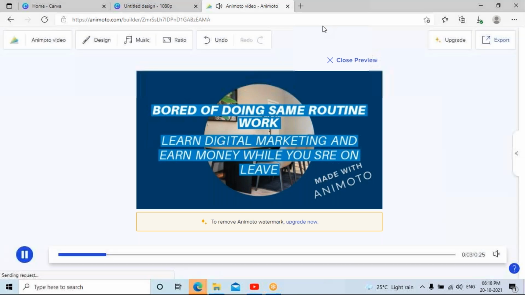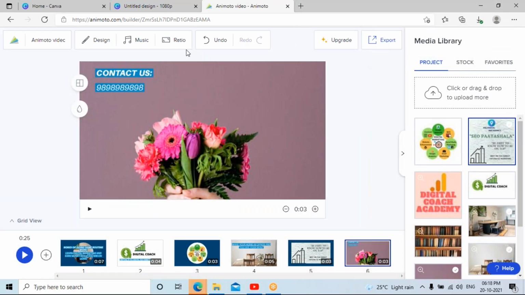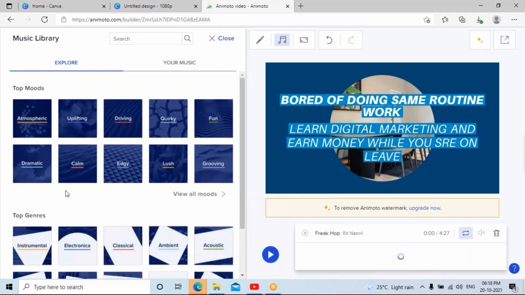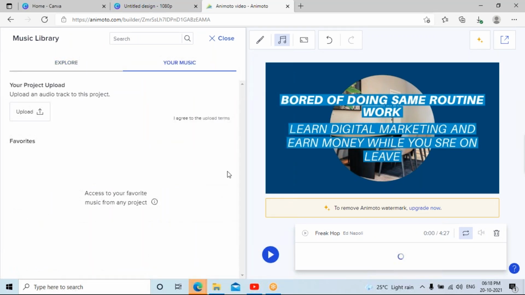Okay, so let me now download this. I'll close this and I'll export this. If you want to change the music of it, you can change it. Okay, you can choose any of these options, or you can upload your own music and add it.